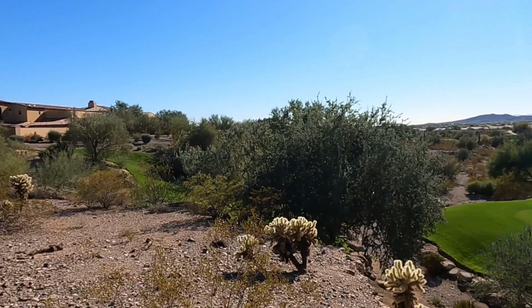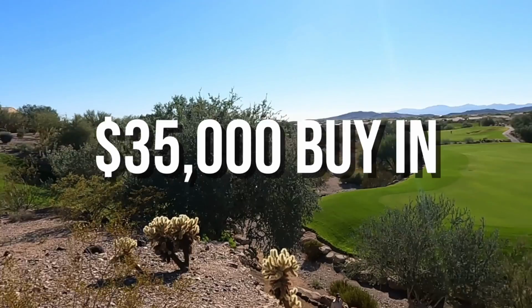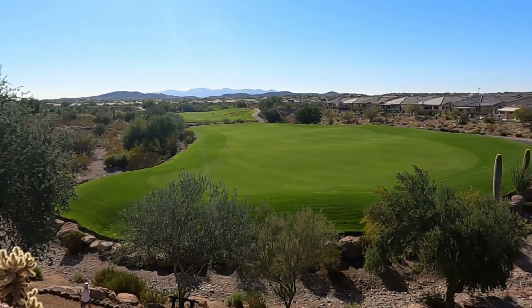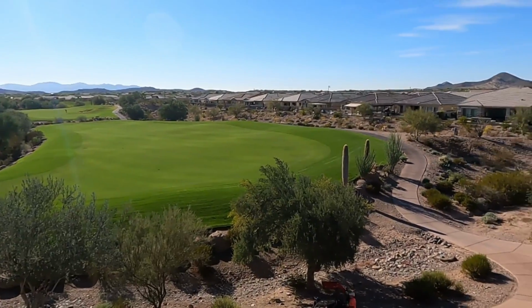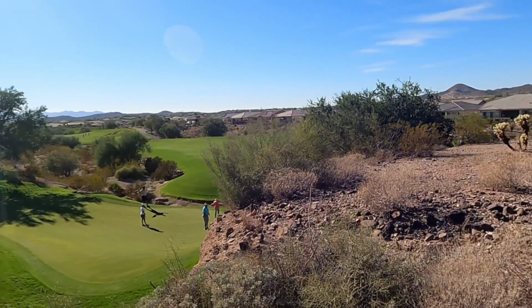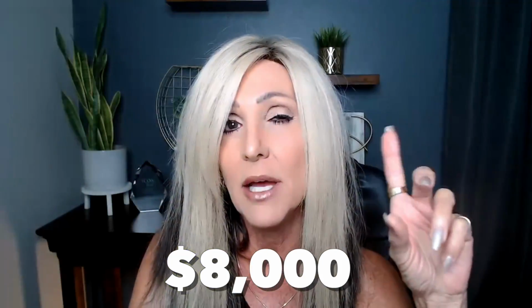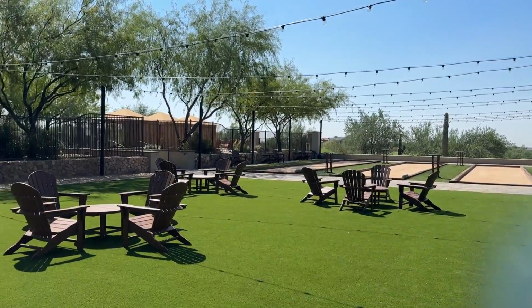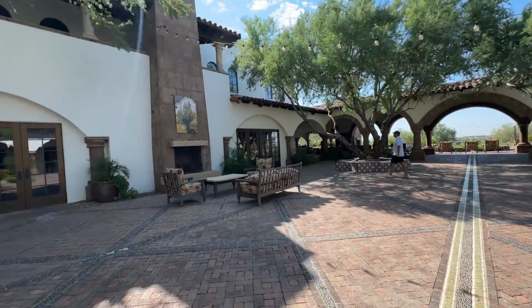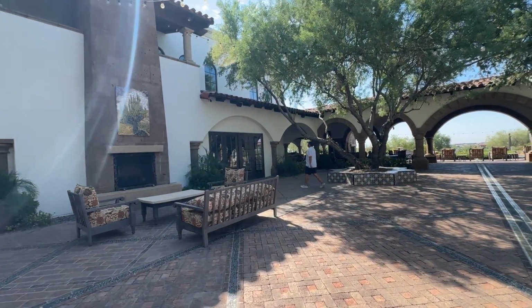You can have a golf membership, that's a $35,000 buy-in, and the monthly fees are about $1,175 for this year. And there are some other smaller ancillary fees for golf carts, bringing guests, and things like that. The social membership is $8,000 and a monthly cost of $490. Now, these are family memberships, so it's just one fee for the residents, and it covers kids up to 23. So even if they're off to college and coming home for the winter time, they still have full